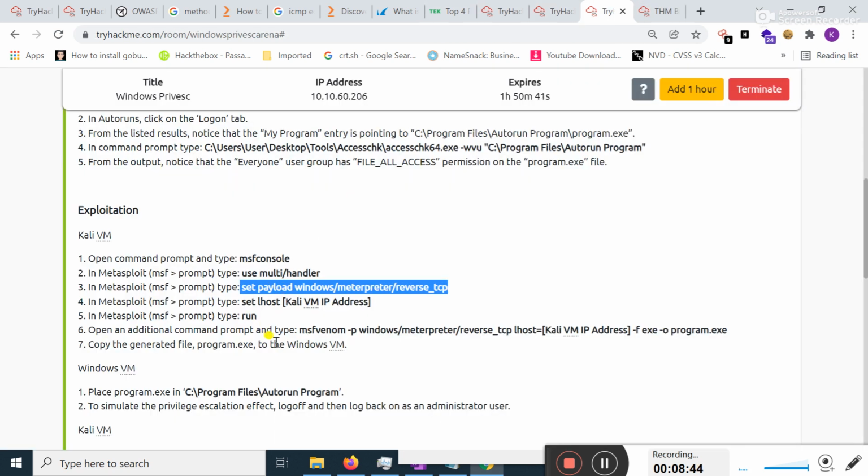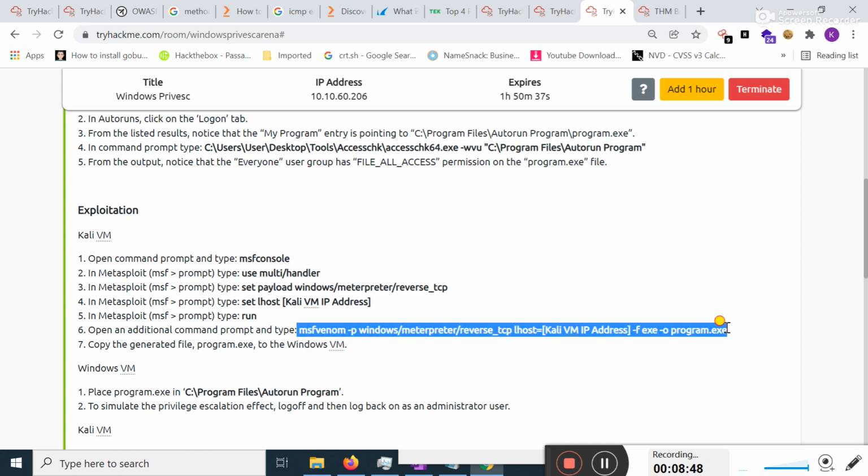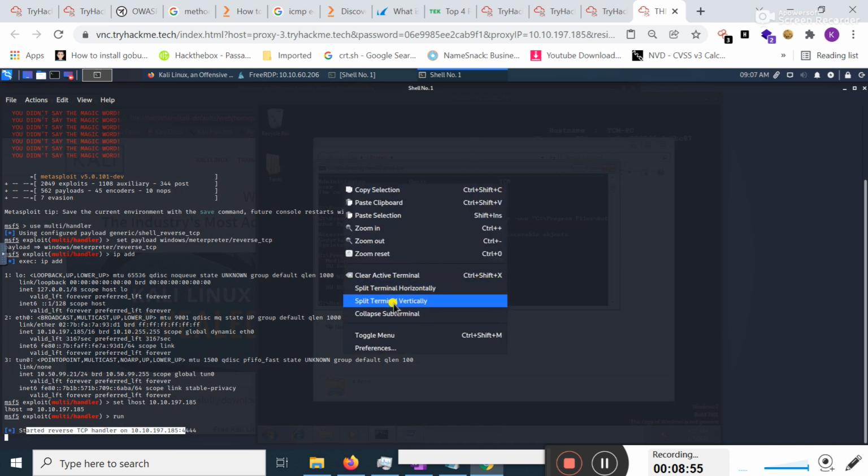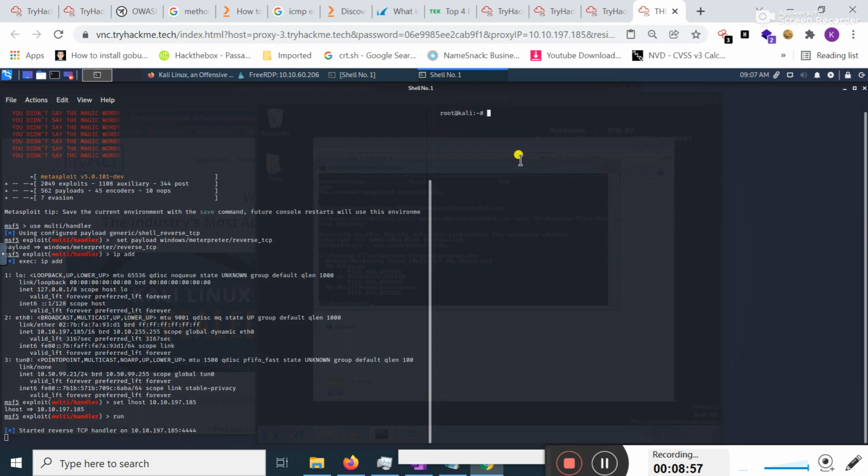Okay guys, now it's time to create a payload by using the msfvenom command. I'm going to copy this command from here and move to my Kali Linux terminal. I split my terminal window. I typed this msfvenom command in order to create a Meterpreter payload.